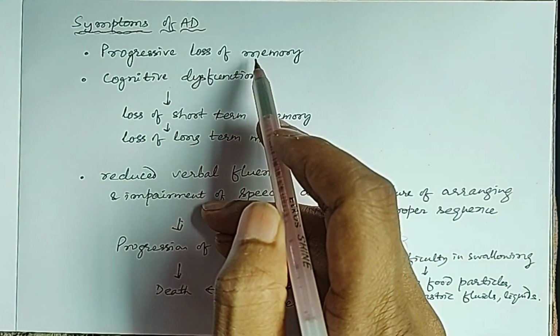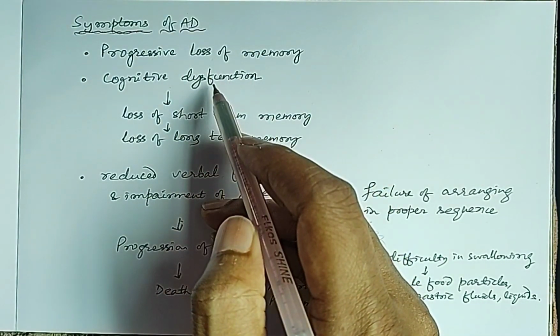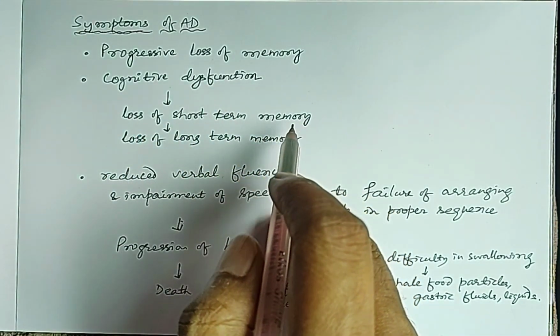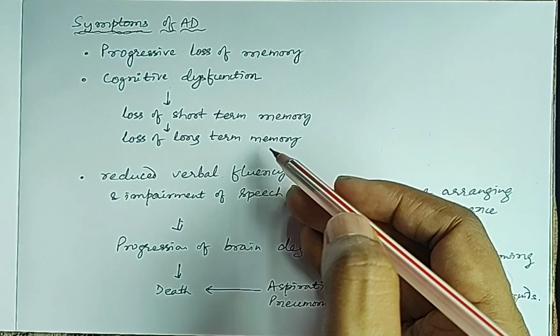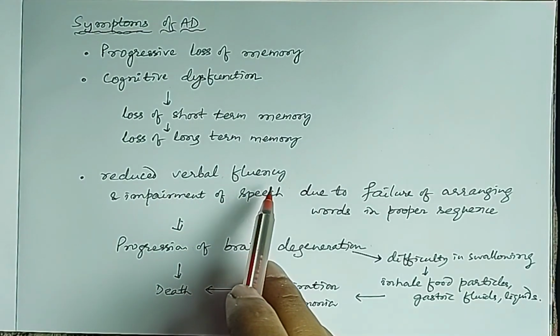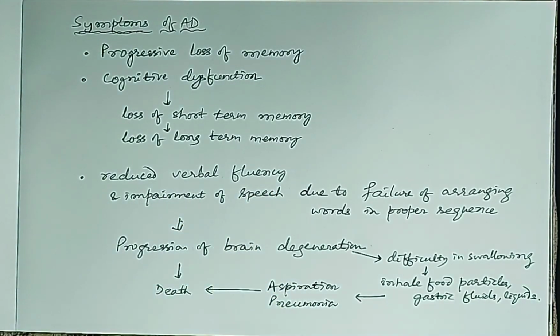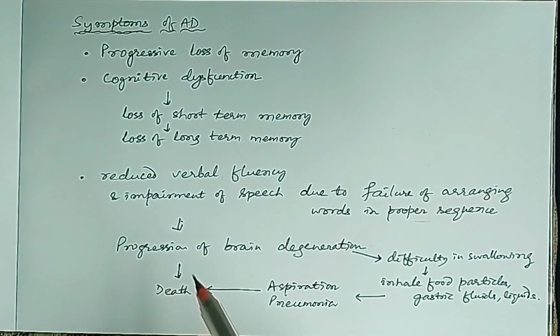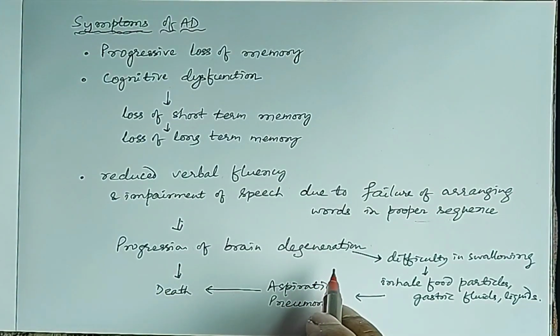So progressive loss of memory along with cognitive dysfunction leads to loss of short-term memory initially, and then loss of long-term memory, and later on there will be reduced verbal fluency and impairment of speech due to failure of arranging words in proper sequence, and slowly there will be progression of brain degeneration, and it will